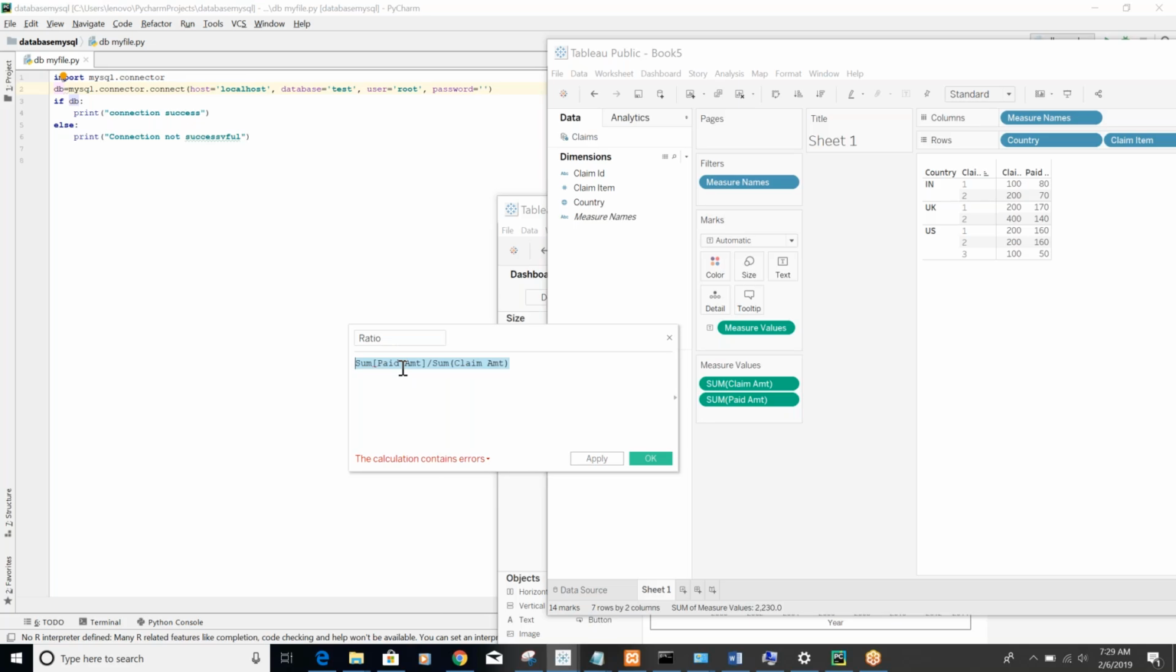Control A. Okay, start typing sum and a round bracket, open and close. Round bracket, open and close. This one you are saying, no? Yeah, and close that also. Round bracket, close it. Yeah, and come in between it and start typing paid amount